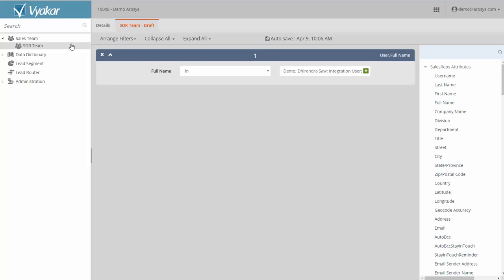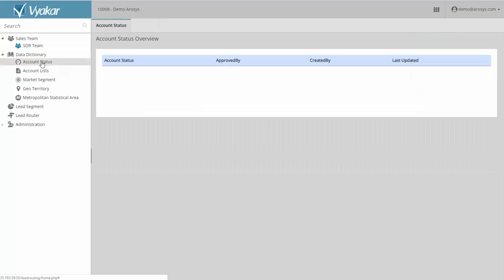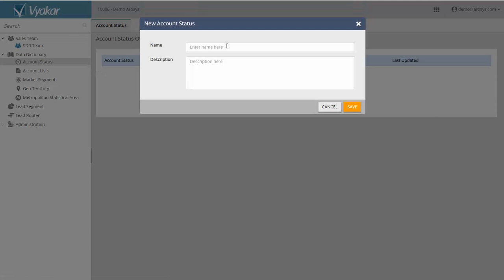Once I define my sales team, I need to approve it so that it's available for use. Now, the first two requirements are if a lead comes from an account with an open opportunity, it should go to an opportunity owner. So let us define what an open opportunity actually means. I get in here and say account with open opportunity,